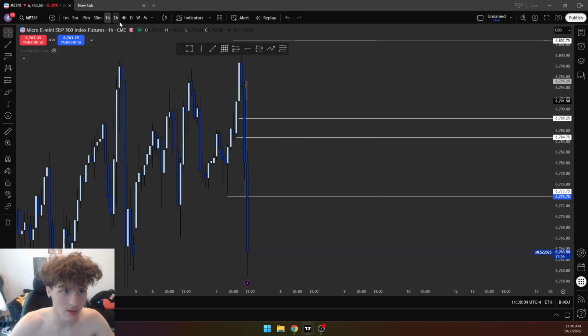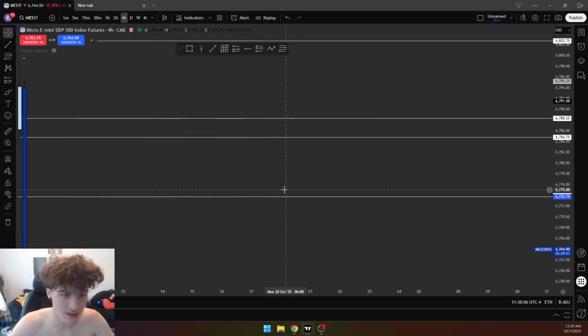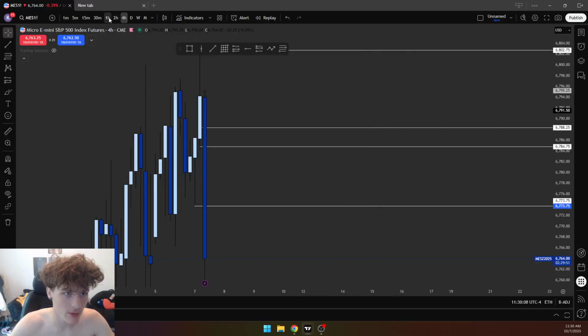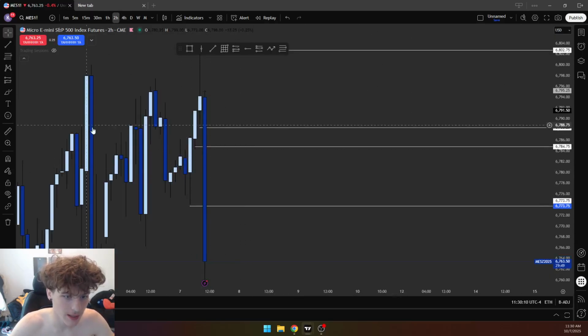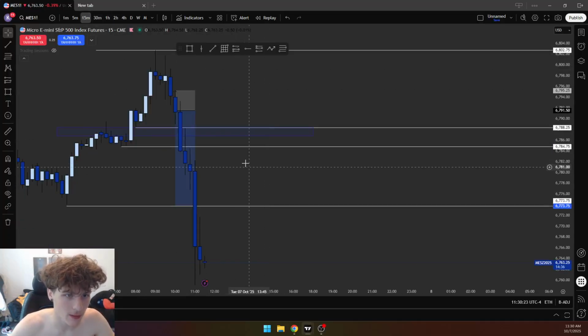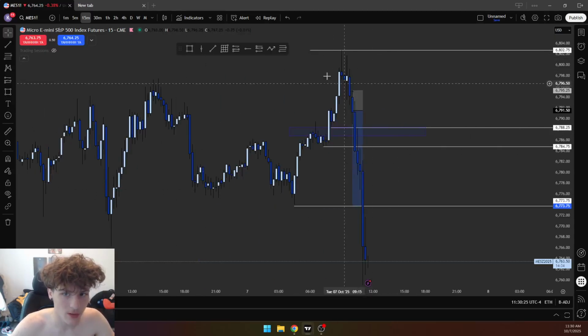I was also looking forward to this gap getting filled. Where is that gap? This gap, we have a significant 2 hour gap right here. I literally deleted everything and screenshotted, so that's why everything's a little messed up right now. But once we see that, we see our high time frame liquidity swept.